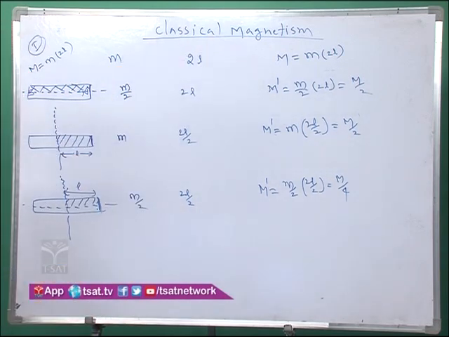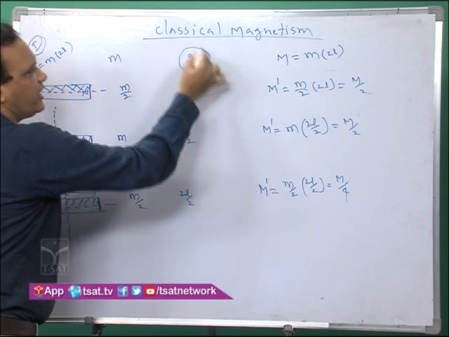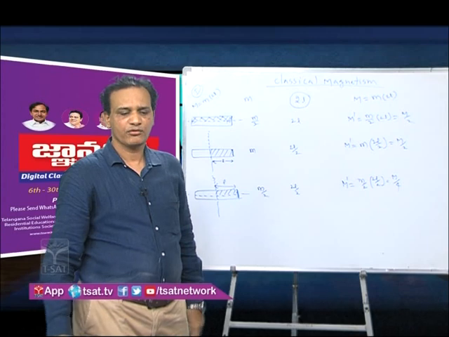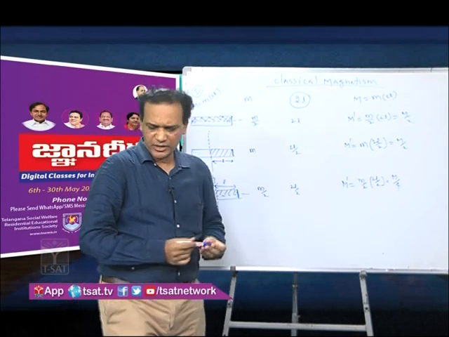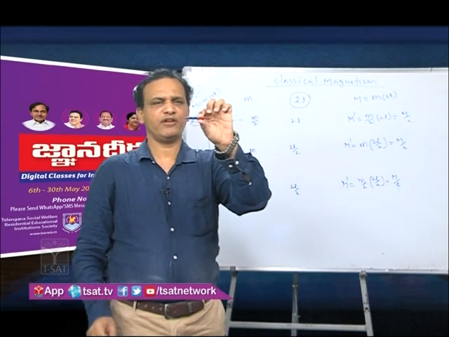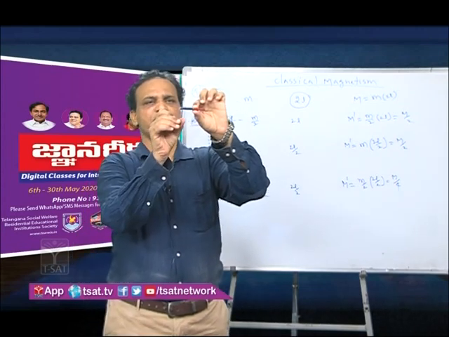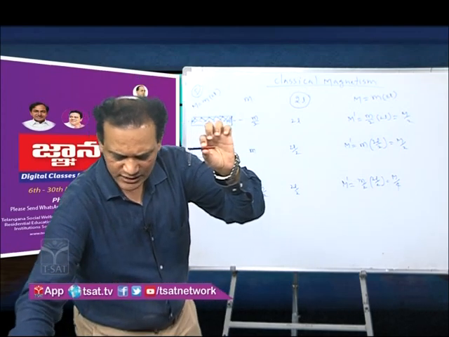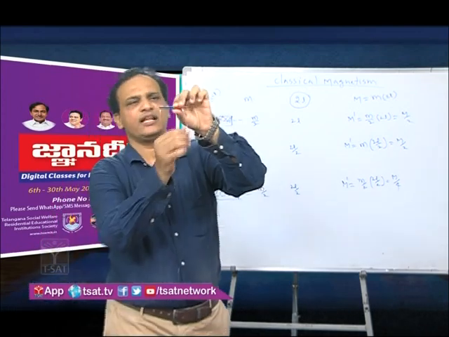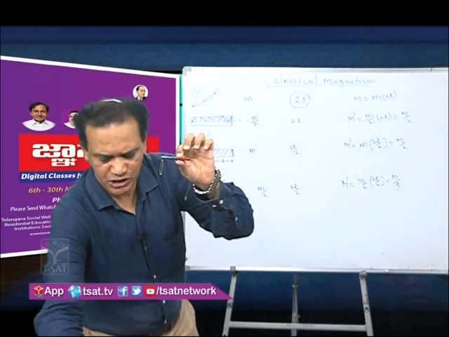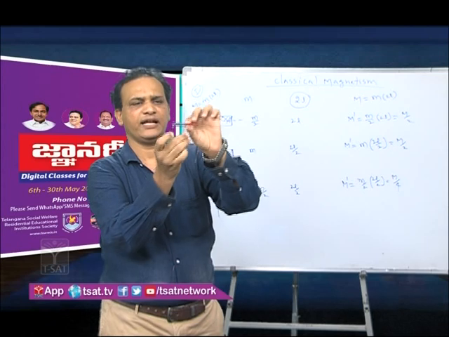But here one doubt is there. Generally, length means L only. Why should we consider 2L? Take a bar magnet. Now I am taking the maximum attractive power at one end, and at the other end also maximum attractive power, so the other piece is also attracted. But is there any attraction at this position? You take a small piece at any small position.